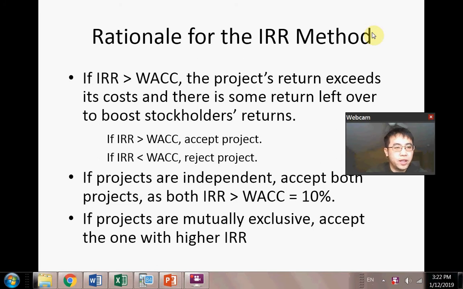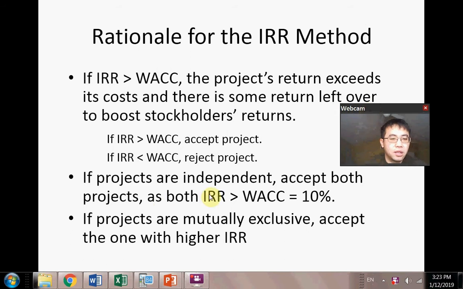So now we agree that higher IRR is for a better project. So the cutoff point here is the cost of capital. If IRR is greater than WACC, or weighted average cost of capital, then we should accept the project. Otherwise, we reject the project. In the previous example, we showed that the WACC was 10%. If IRR is greater than 10%, we accept it, or we accept any project that has a higher than 10%